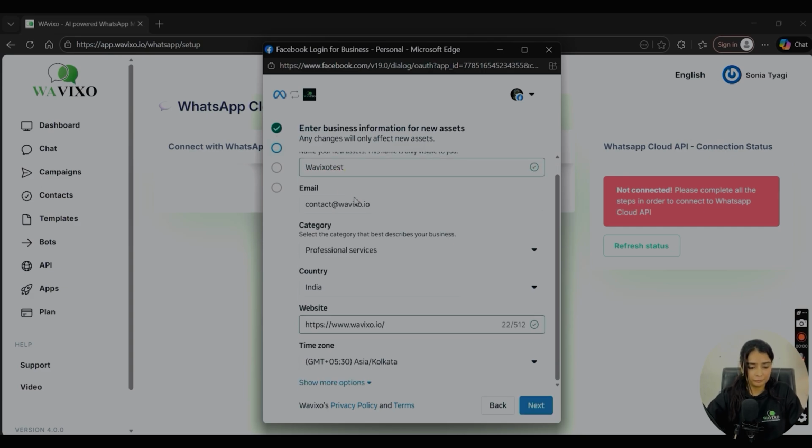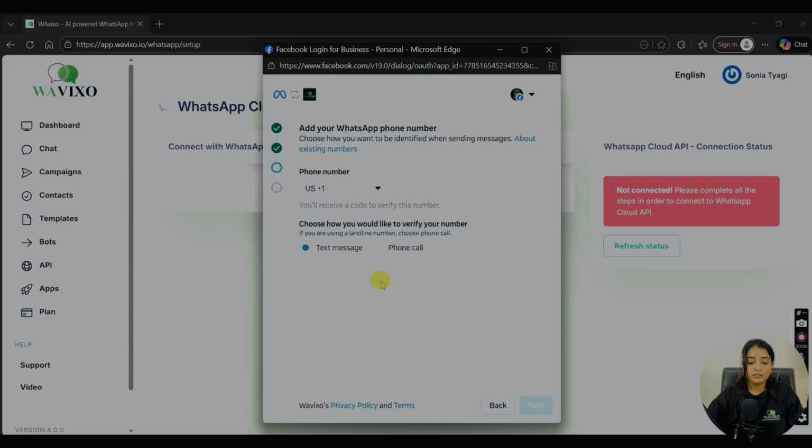Click on next. Now the most important step. Up until now, we have been providing personal and company details. Here you will enter the phone number you want to join. This is crucial. The number must be fresh. That means it should not have any existing WhatsApp account linked to it. If your number already has WhatsApp, you will need to delete that account first. Not just uninstall the app, but delete that account from WhatsApp settings. Keep in mind, this will remove you from any WhatsApp group you are a part of.